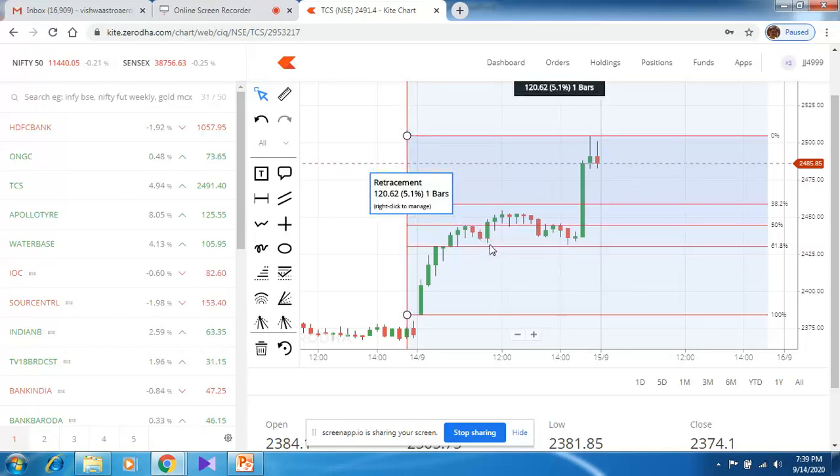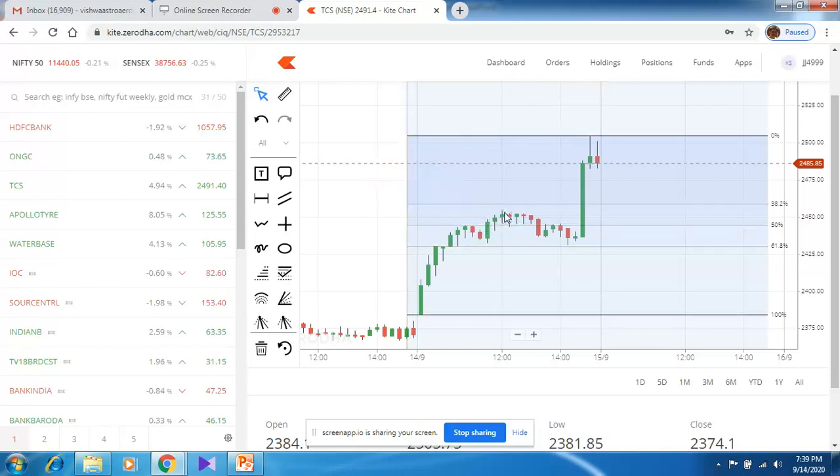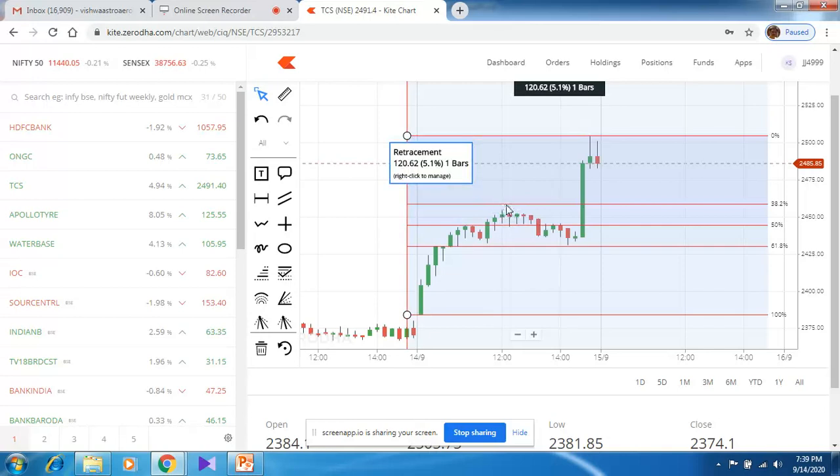It came down till here, and then the candle started from here, and again it went up. But as soon as it crossed this 50% line, it went further. It is a clear indication that for some time ahead it is going to go further higher. So it tested this level nearer to 38.2. I won't say exactly 38.2, but it went nearer. So this will act as resistance. Every line over here acts as resistance while going up, and while coming down, every line acts as support. So this is the beauty of Fibonacci.